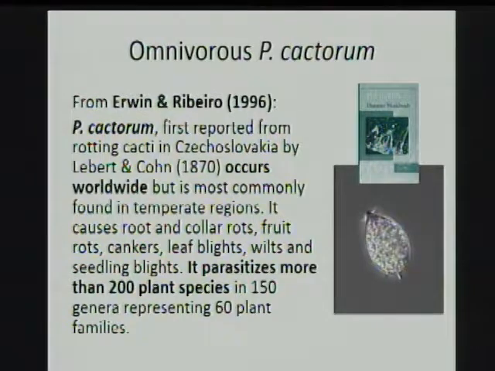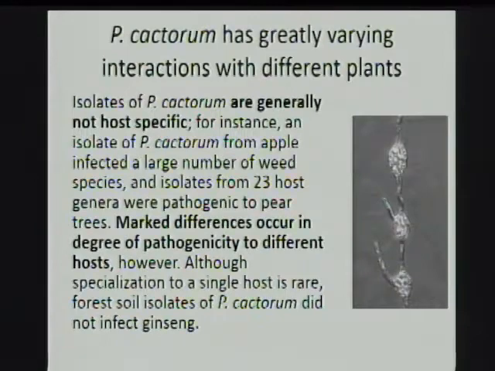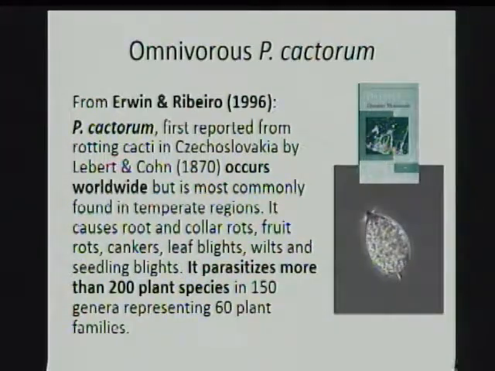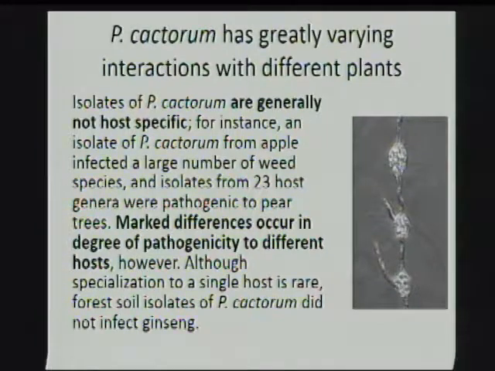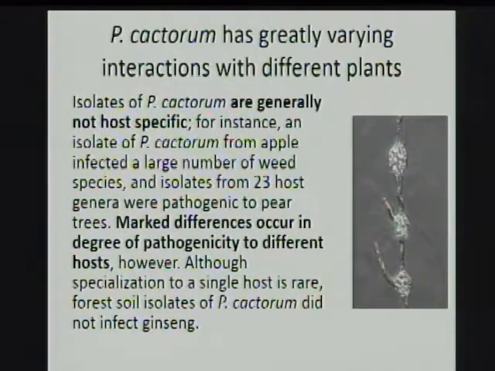I just wanted to highlight some writing from what the Holy Bible says about Phytophthora cactorum. It has a wide host range, we know that. And I think this is a really interesting, subtle point on this page that gets to the heart of the scariness of this problem, which is Phytophthora cactorum strains have a very wide host range, but they don't necessarily specialize on one thing or another. It's really hard to predict. And so that allows them to proliferate in nurseries because they can move from one host to another.